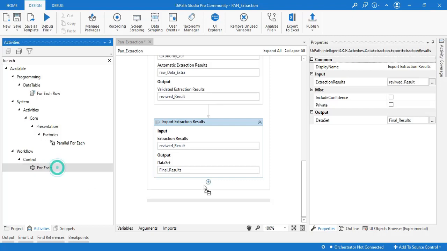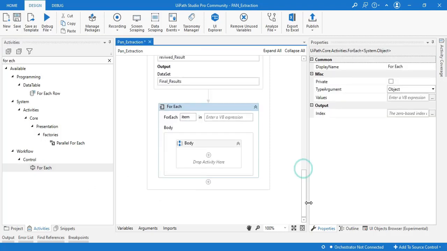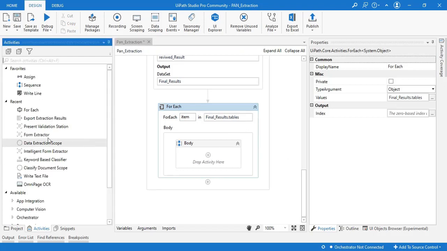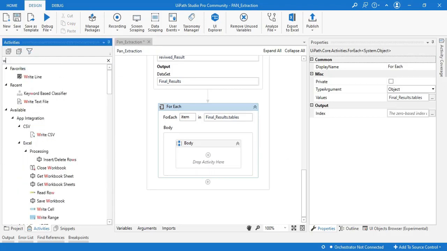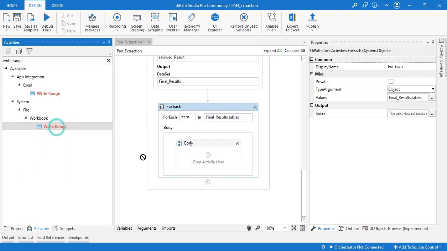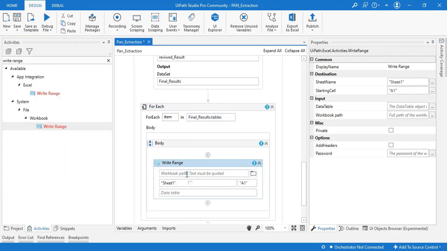I'm just dragging and dropping this for each loop here and taking this final results as an input. This is a tables collection, so I'll just append dot tables here and drag and drop a write range. Here we go. Let's call the output Excel output dot xlsx.